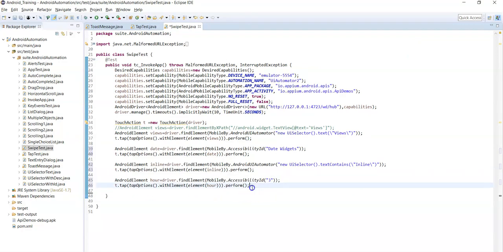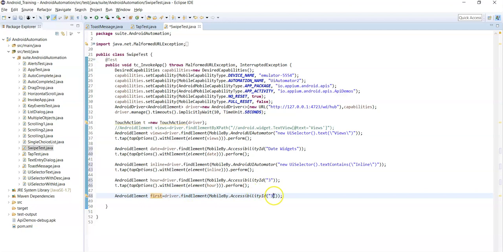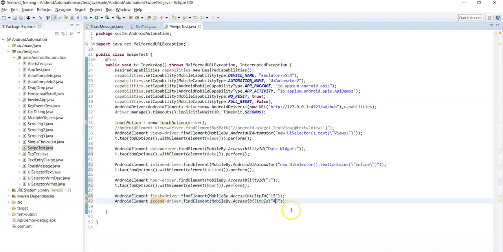So this is the first element, that is 15. Copy the same statement, and the second element is of 45, right? So 45. Now we have two elements ready.